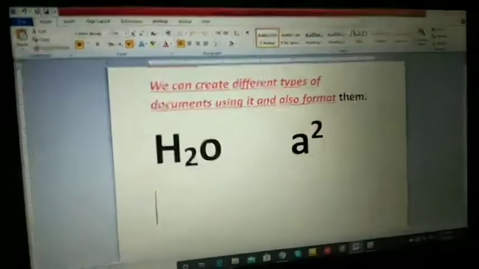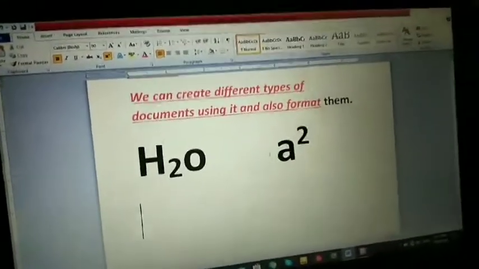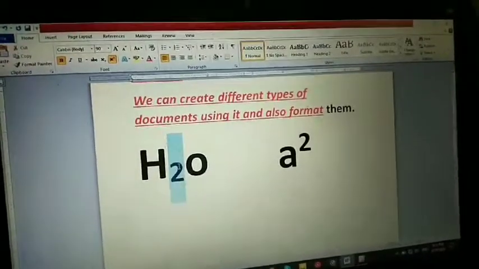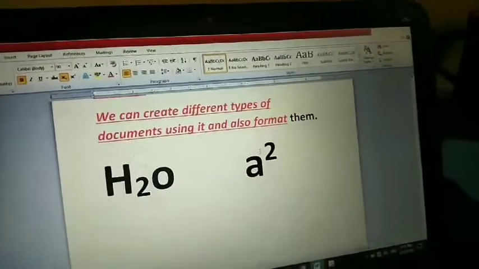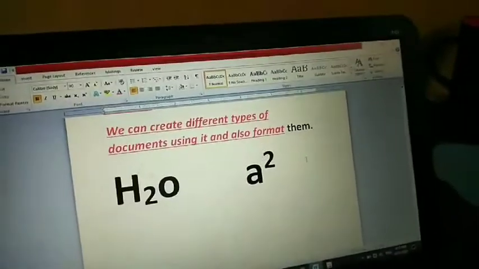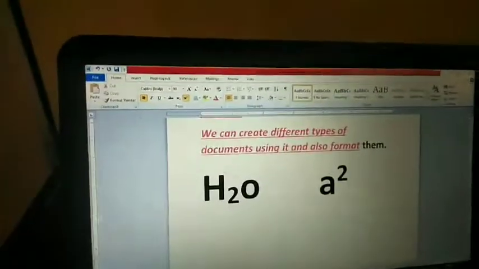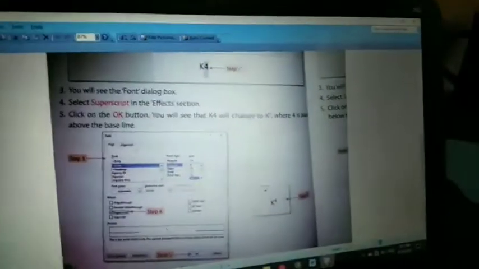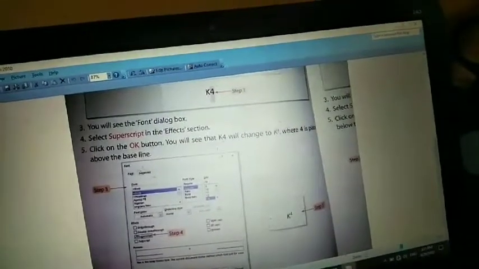Okay students, this is very simple process. This is how you have to do superscript. The thing which is coming down, that is called subscript. The font which is going above, that is called superscript. Okay, so we have completed these things. So now let us move on to the next one. So whatever I told, that is what is given here. So you just go through the book pages line by line, you will understand even better.